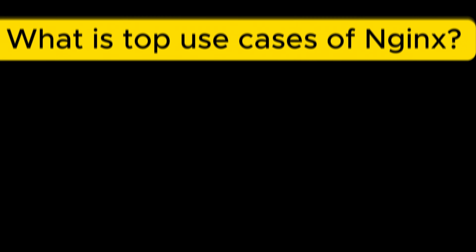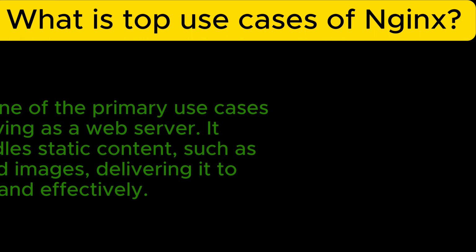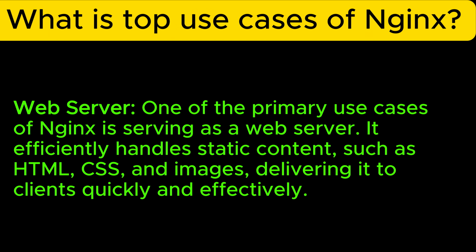So the next content is: what are the top use cases of NGINX? So we will be discussing the top use cases. First use case: whenever we need a web server, we can consider NGINX as a web server, where we can deploy our application. One of the primary use cases of NGINX is serving as a web server. It efficiently handles static content such as HTML, CSS, and images, delivering it to clients quickly and